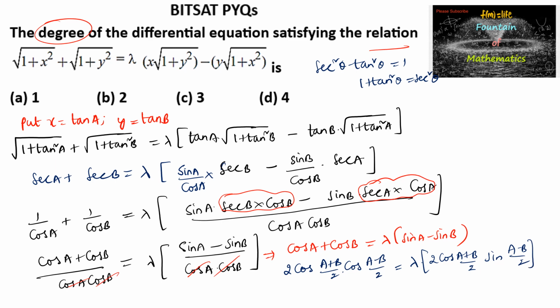And here we may remove that cos of A plus B by 2 on both the sides and 2 also. So cos of A minus B upon 2 will go to the other side, so that is tan of A minus B upon 2, which is equal to 1 upon lambda,